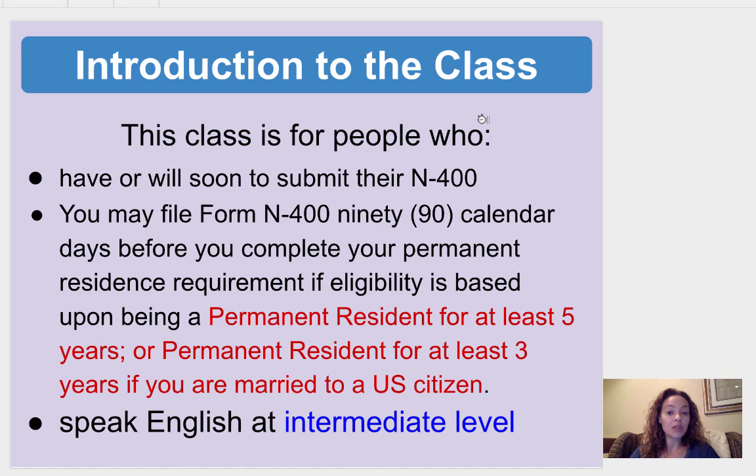You need to be a permanent resident for at least 5 years, or a permanent resident for at least 3 years if you are married to a U.S. citizen, before you can apply. You should speak English at an intermediate level. They will be testing your spoken English, and you'll have a writing test and a reading